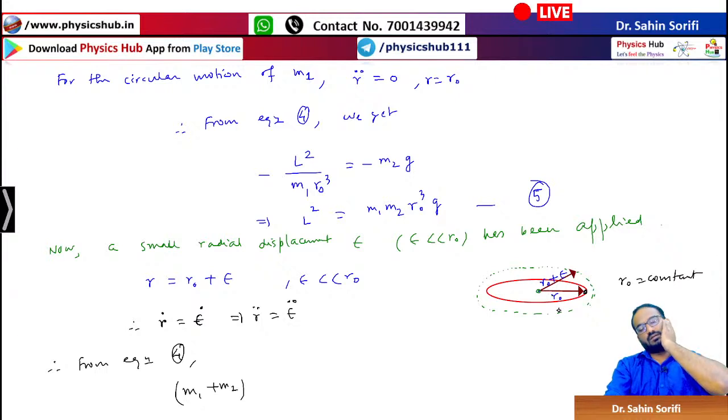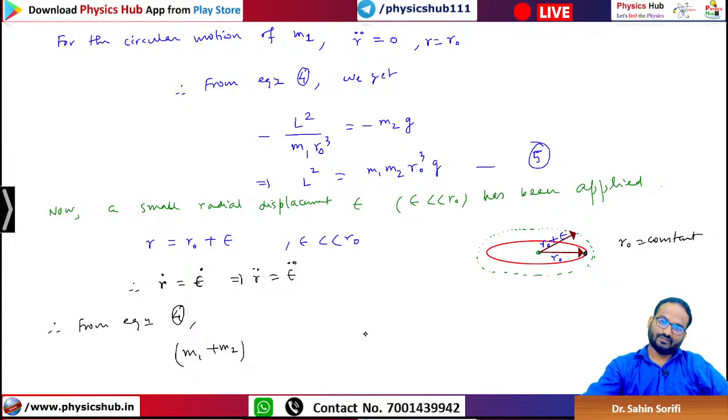Inward, then it may disturb the oscillation, because as it is moving about R naught, you must give it outward, not inward, because this mass has a tendency to go inward, right? Because of the M2 mass pulling it down, this M1 mass has a tendency to go inward. If you give an inward displacement, it can all come down, so that will not sustain. So that is why this radial displacement must be given in an outward direction. So